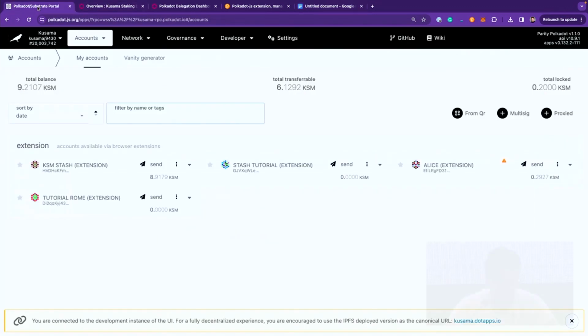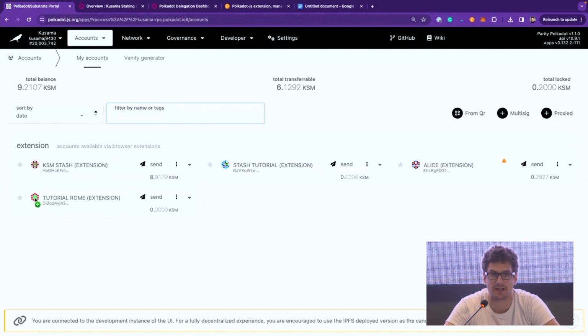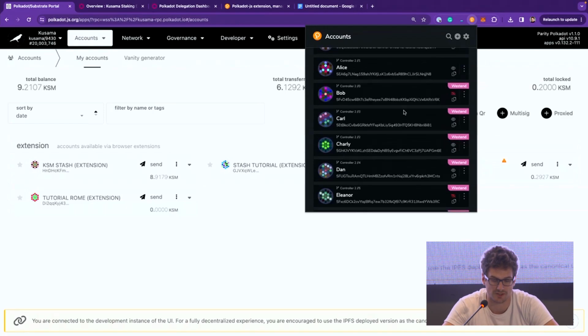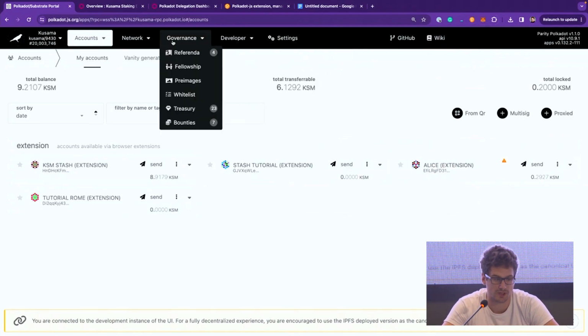To copy the address in Polkadot.js, you just need to click on the avatar icon, the mosaic icon. If you click it, you will copy the address. So if you created the address in Polkadot.js using the guidelines that I gave you, clicking on the plus button, and you have your address in here, you go to